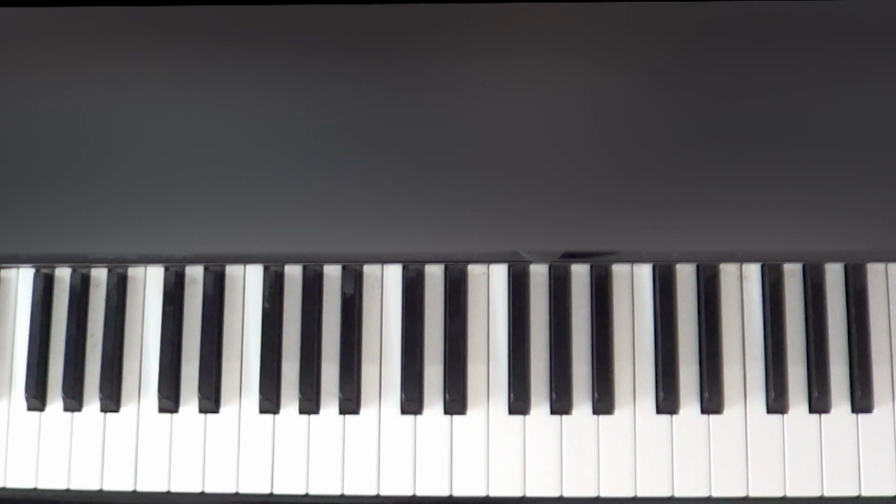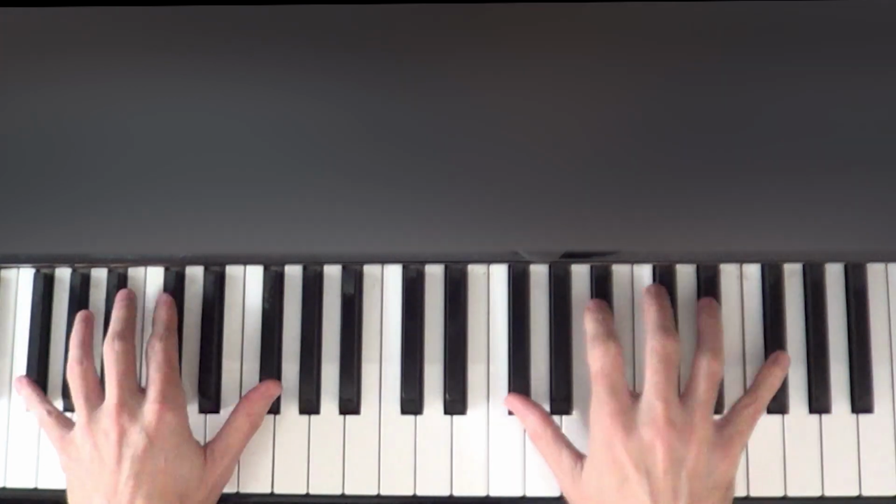We're basically going to press the pedal down every time the left hand changes. So every time there's a change, we're going to release the pedal and then press it down again. We're going to start with the pedal right away as soon as we start the song. So pedal,